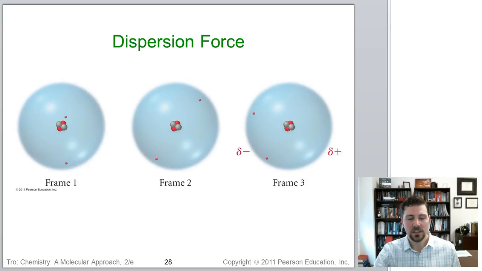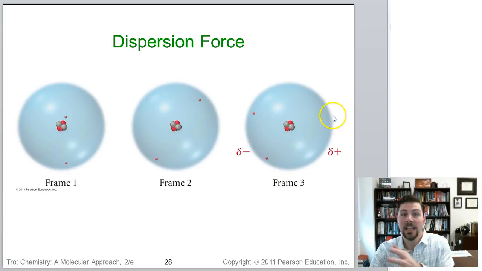So here are the electrons in this molecule, and they're moving around, frame 1 to 2 to 3, and notice as they are in their orbitals doing their usual thing as they normally exist, sometimes they're separated nicely, and other times they happen to be on the same side of the molecule, and that means it's going to be slightly more negative over here and slightly more positive over here. And in each of those situations, you're creating a separation of charge there on frame 3, and that's essentially what